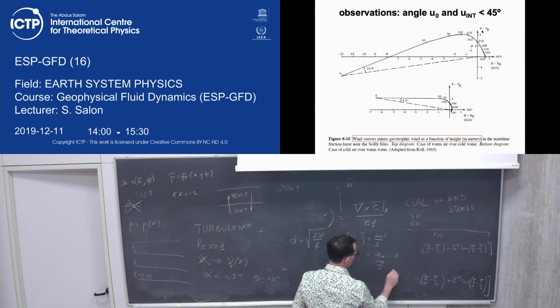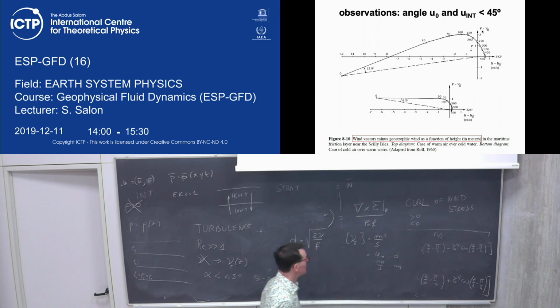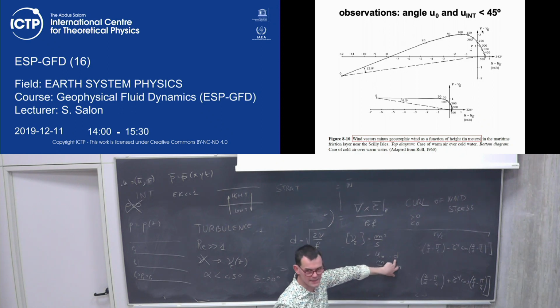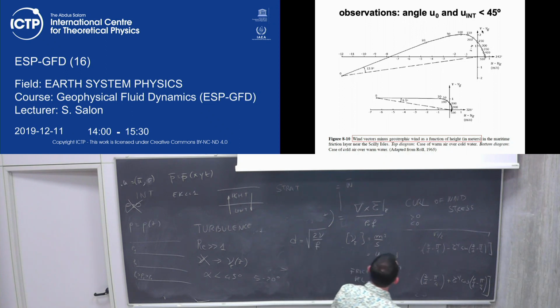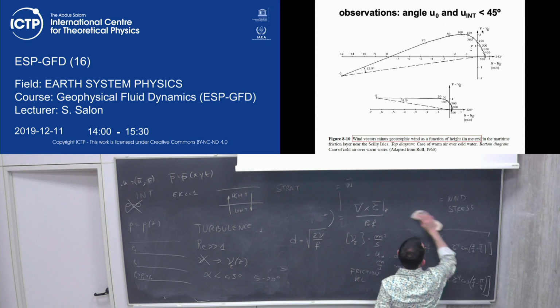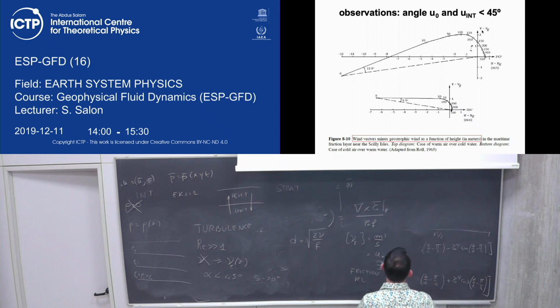Meters per second multiplied by meters. So the eddy viscosity can scale like a velocity, u star, multiplied by D, where D is the length of the Ekman layer. And what is u star? u star is what is called the friction velocity,